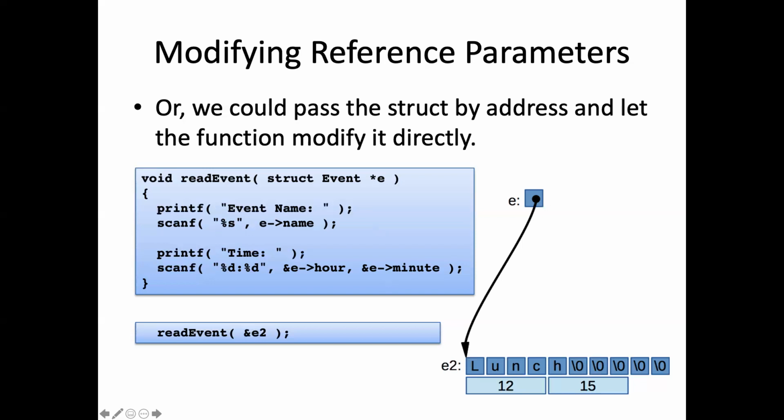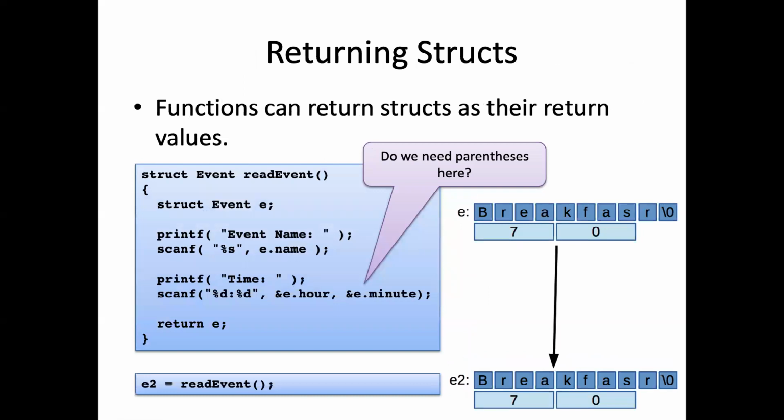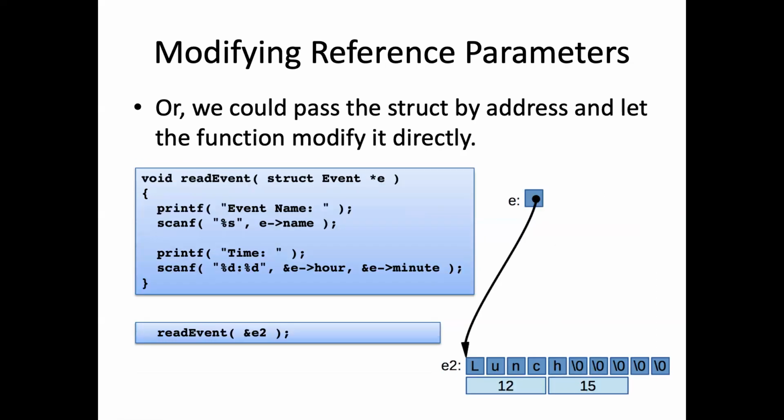They passed me a pointer to an event, whoever the caller is, and then I just use that pointer to fill in its fields. This could be a lot more efficient than what we were doing before, where we were filling in an event struct and then copying it at the end. This would save the copy. Having access to pass by reference and pass by value gives you more flexibility. You can choose what kind of semantics you want, but it also means you could make some silly mistakes,